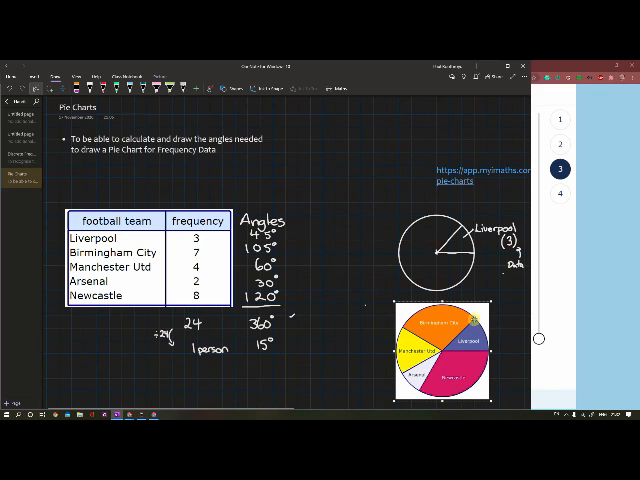So this is the pie chart I would like you to reproduce in your book. We've got the angles, but I'd like you to produce it